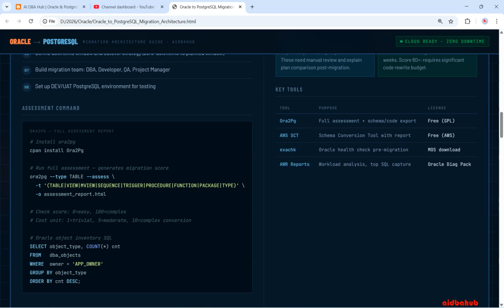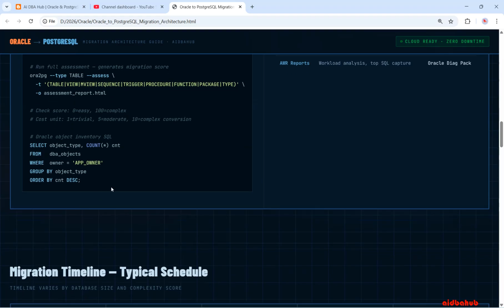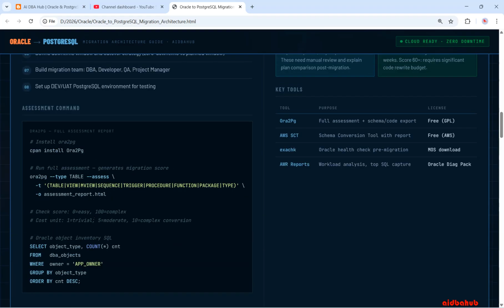Check the score. 0 is easy, 100 equals complex. Cost unit 1 is trivial, 5 is moderate, 10 is complete conversion. Okay, so Oracle object inventory SQL: select object_type, count(*) from DBA_OBJECTS where owner group by object_type. All right. So these are all the assessment commands. First we need to perform the assessment and